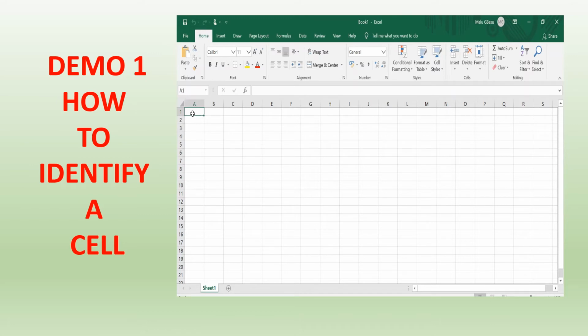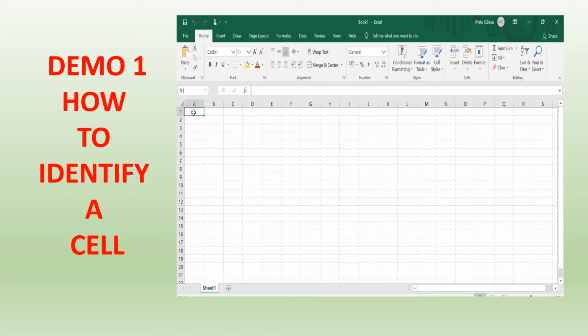Now each cell has an address, otherwise how will you identify the cell? So to identify the cell we need to give an address to the cell. So how do we decide the address of a cell? By the column name and the row number.